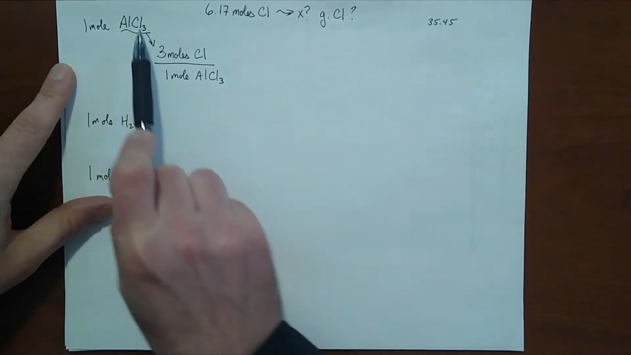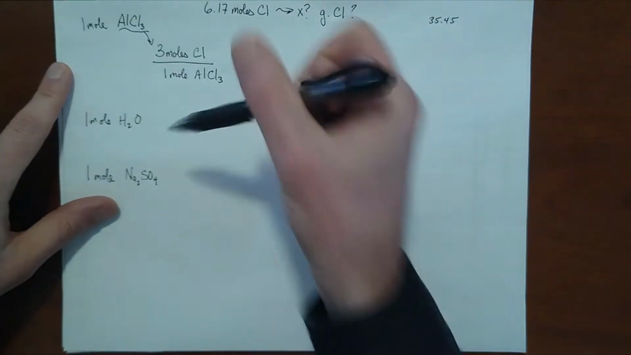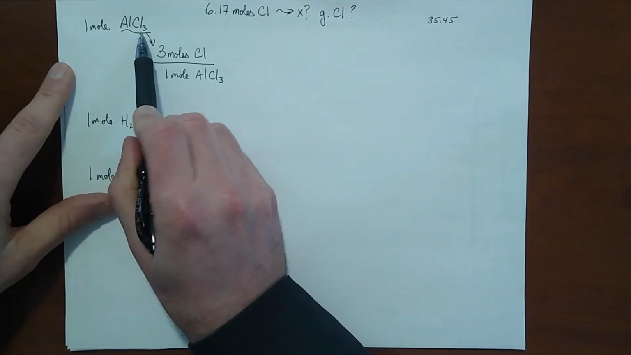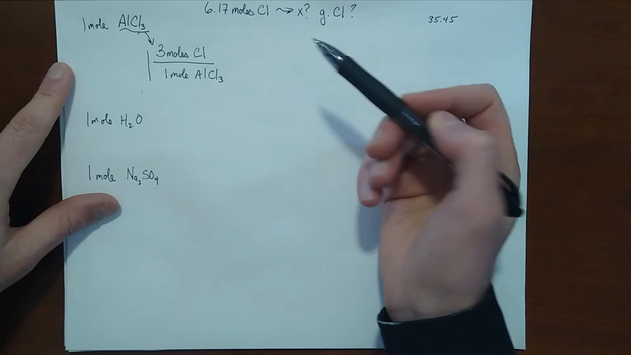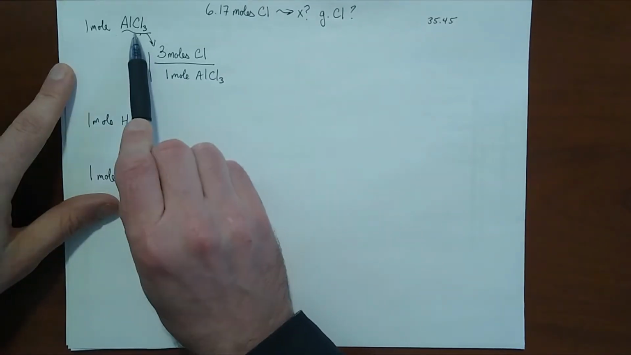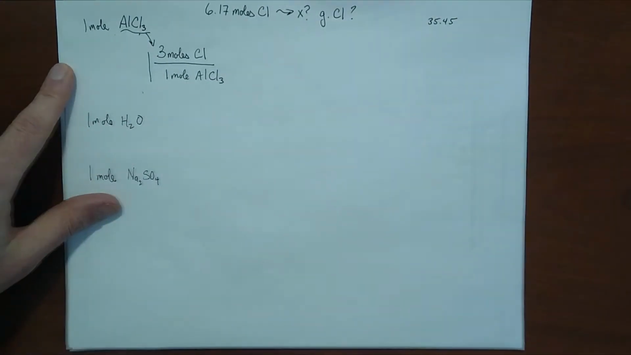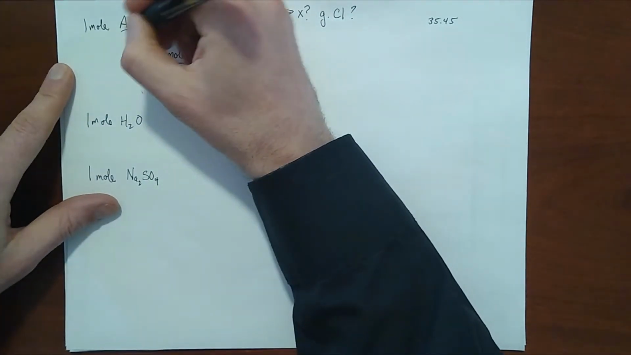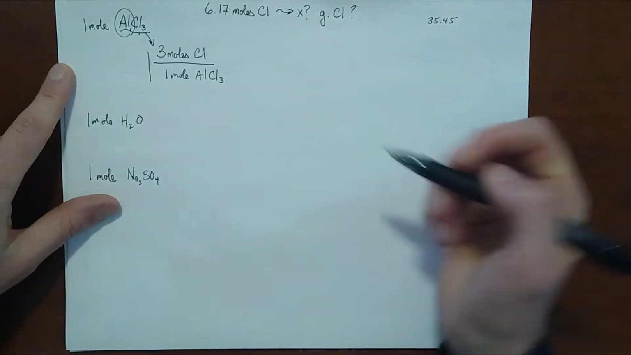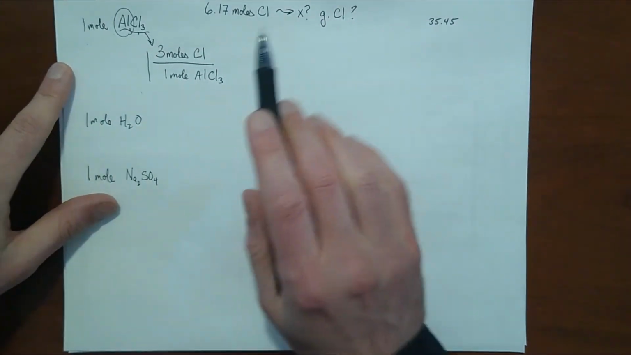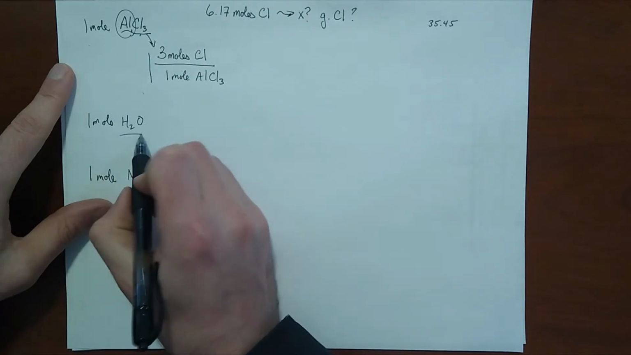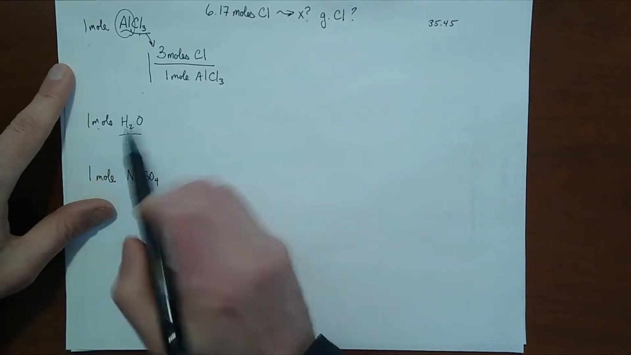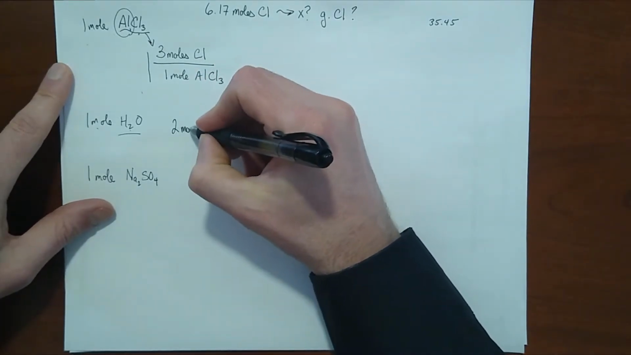If I have a mole of the compound, then I'm going to have conversion factors which are based on the ratio of number of one type of atom to some other type of atom. So here, if I have a mole of this, I have 3 moles of chlorine in that mole. If I have 1 mole of this, I have 1 mole of aluminum in that mole of aluminum chloride. If I look at water, for example, if I have 1 mole of water, that means I actually have 2 moles of hydrogen